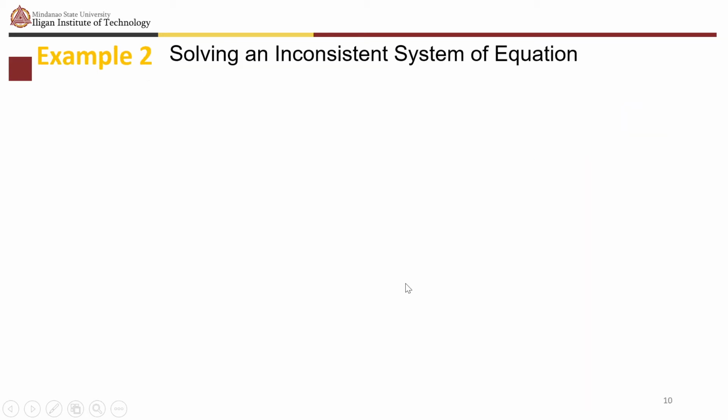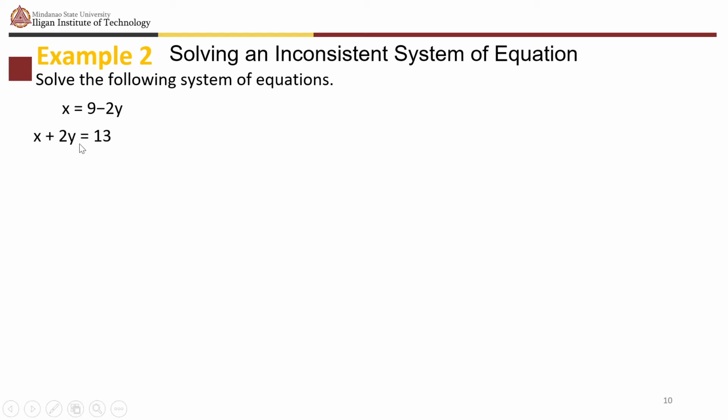Okay? So solving an inconsistent system of equations, we have the following example. Say x equals 9 minus 2y and x plus 2y equals 13. What do we mean again by solving an inconsistent system of equations? We're going to find out later on that